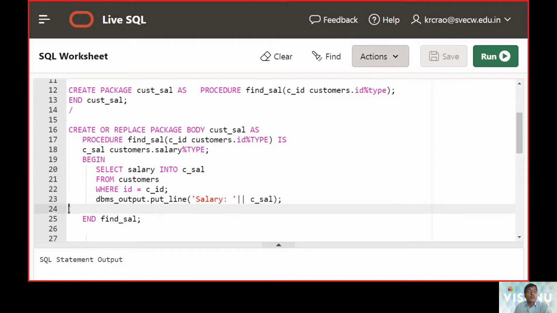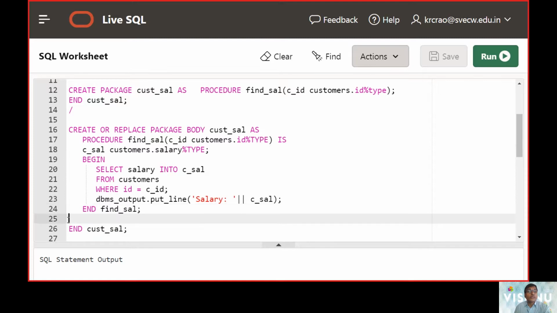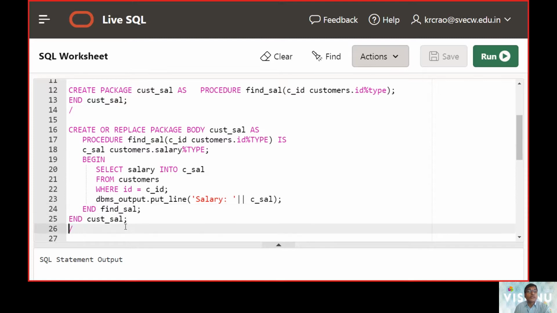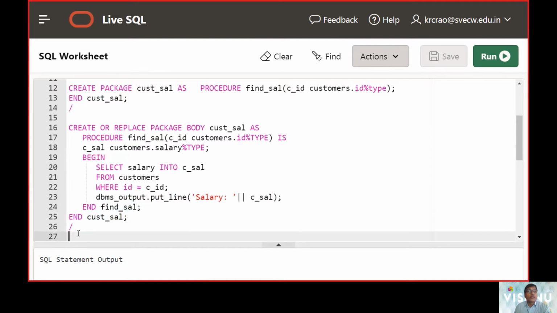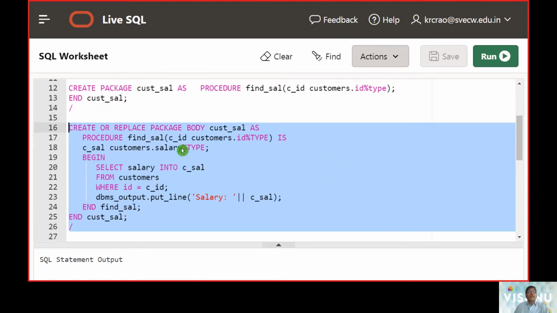Now we will use this package with the SQL query. How we are going to use it, I will mention again here. At this part, we will create the package body.